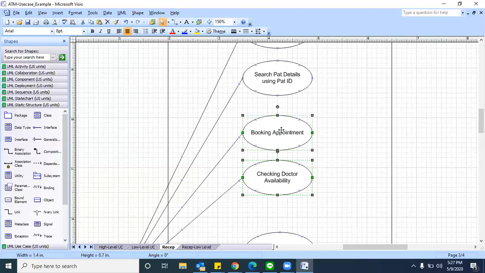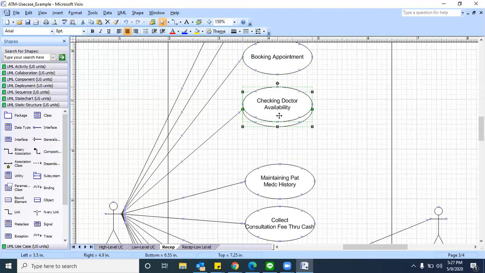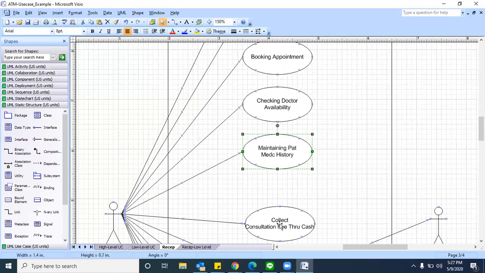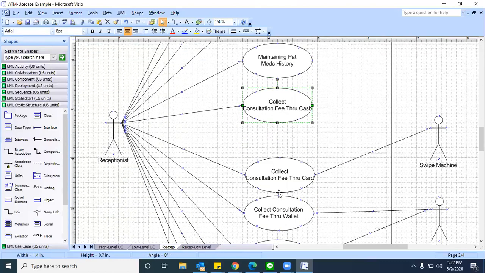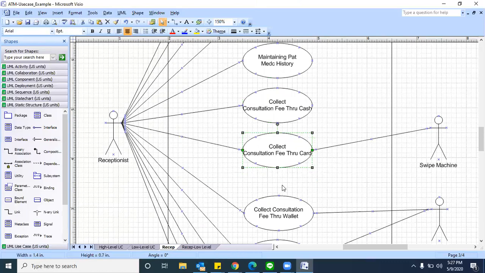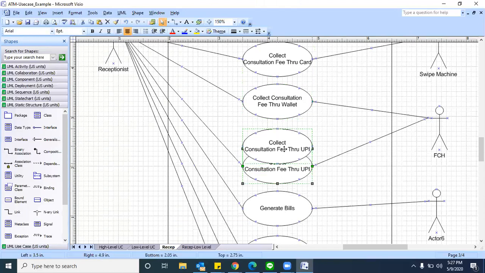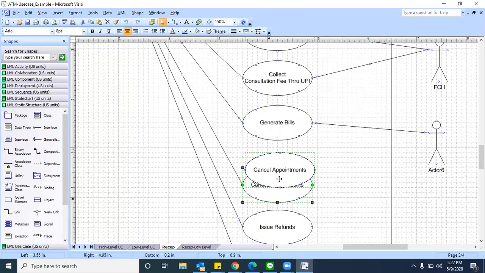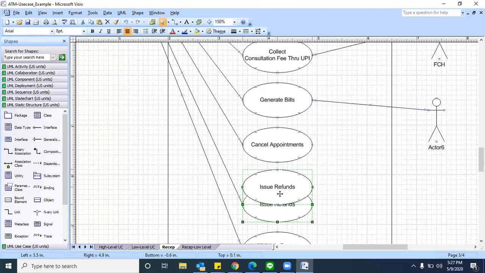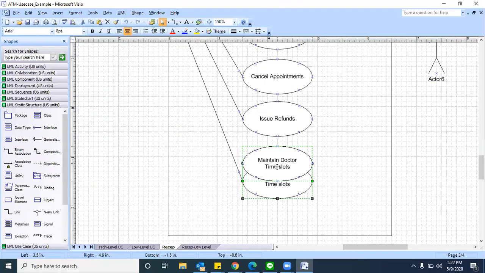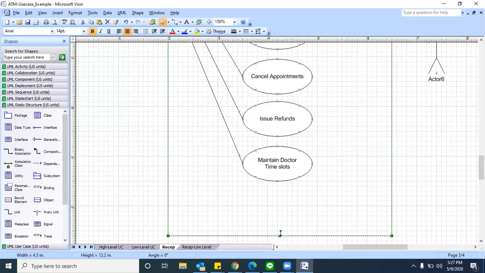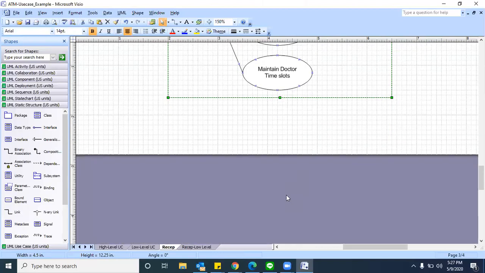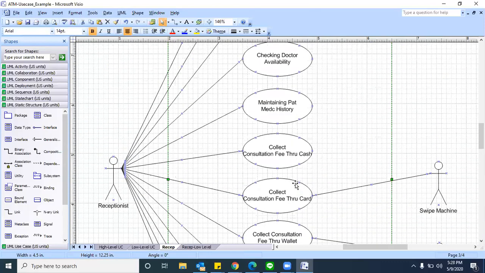Sir, it's a little hard for us to understand which of the two will come in one scenario, to add them together at low level. When you're initially understanding, definitely it is a tough task. But once you start working on multiple use cases, it will be easy for you. When you are seeing it for the first time, definitely it is difficult. Don't forget about it, I'm always telling the same. Don't worry about seeing all these activities for the first time. Once you start practicing and understanding it, it will be easy for you.